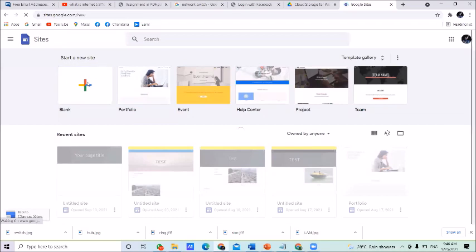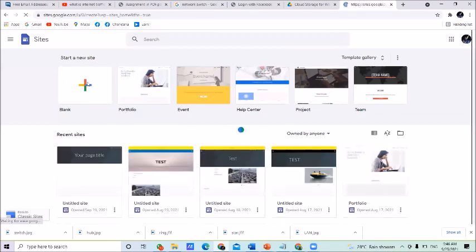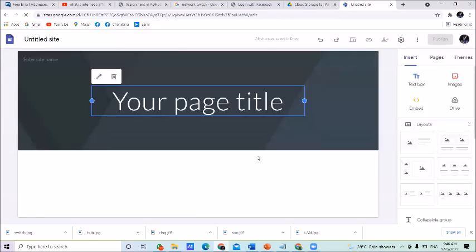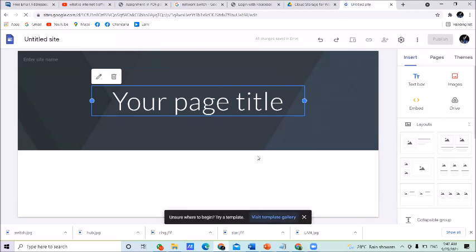Click on here. Right, okay, now you can see your Google Sites environment.